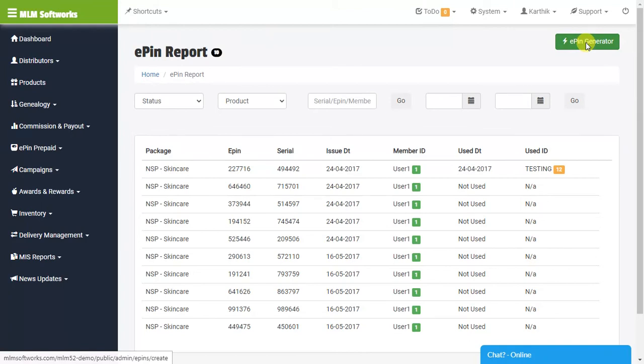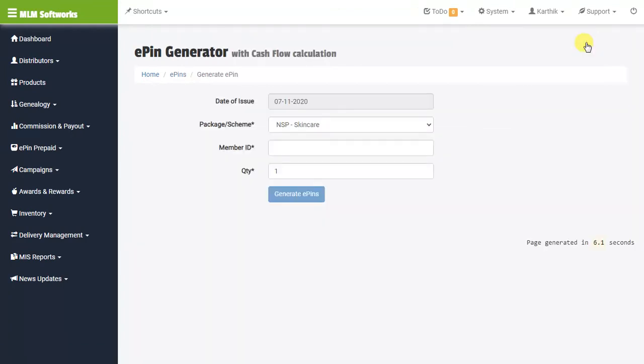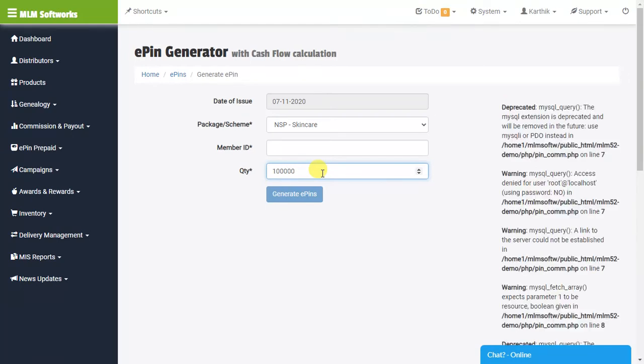You can generate ePINs. You can generate unlimited ePINs with our system. Some MLM software restrict ePIN generation, but we never restrict anything. For quantity, you can even enter 1 lakh.